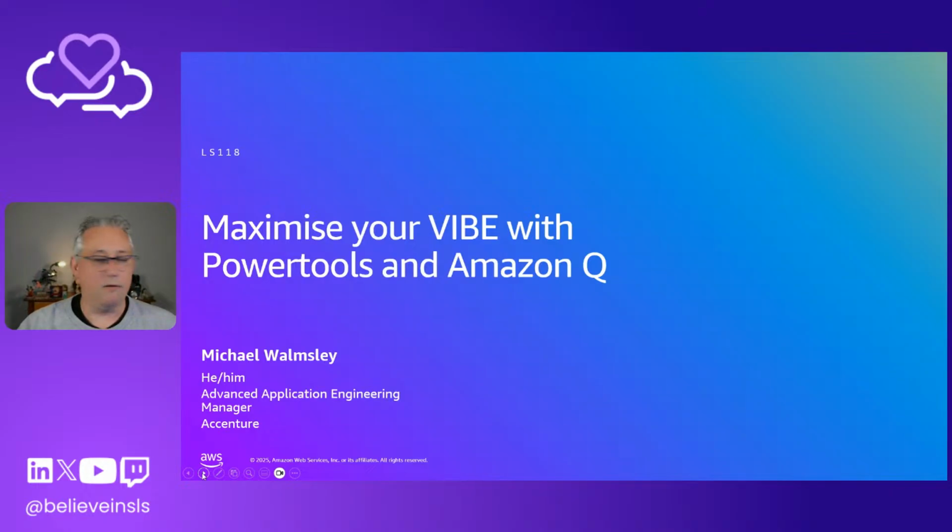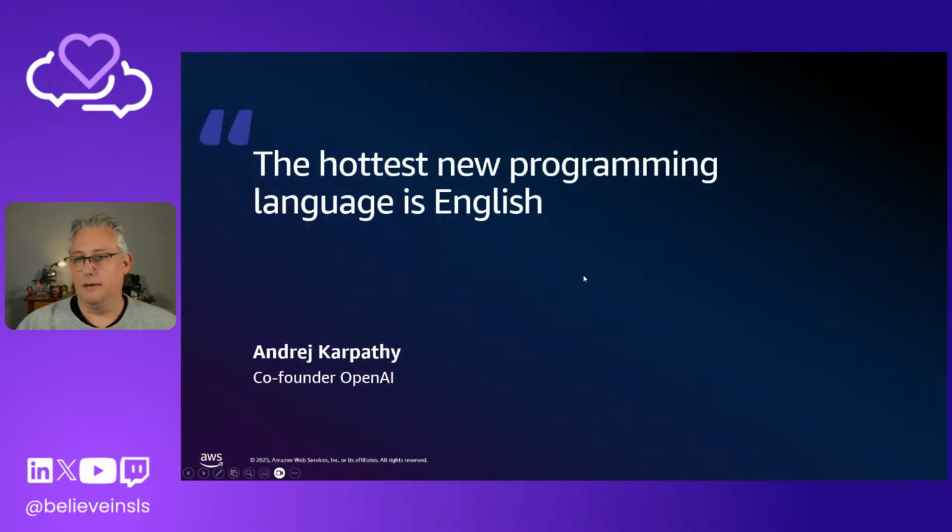So this is my story of using AI coding assistants. Andrej Karpathy, we have to start here in 2023. He talked about how the hottest new programming language is English. He coined this phrase in 2023. In February 2025, he was responsible for terming vibe coding, and that's kind of where vibe coding started this year. And we've all seen the hype. We've all been caught up in everything to do with vibe coding and AI assistants, and generative AI is going to change the way we build.